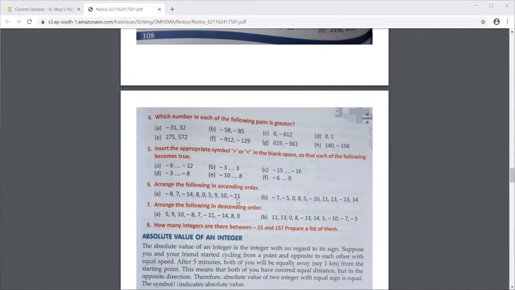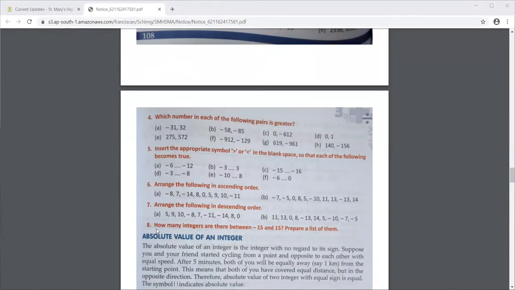Then we can see minus 11. This will be written second. Then we have minus 8. It will be written third. We finished writing all the negative integers. Then we have 0. And the remaining numbers are easy. They are positive. So positive ones are not confusing at all. So which are the remaining numbers? 7, 8, 9 and 10. Oh, they are all in order only. So that's how you'll do ascending order. Descending also you know, from the biggest number to the smallest number.